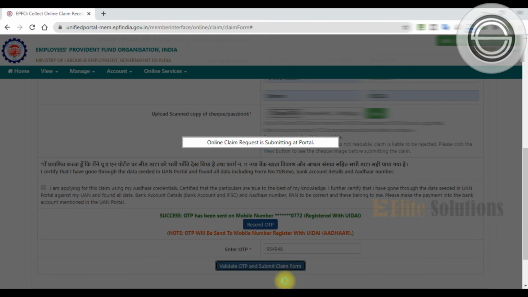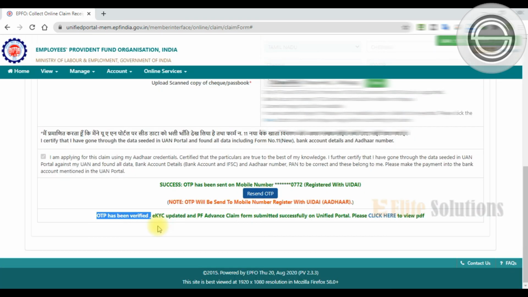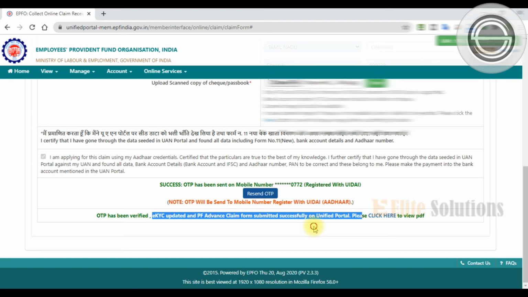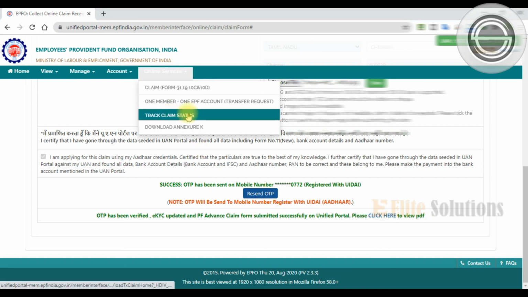The online claim request is submitting at the portal. Once we enter the OTP and submit the claim form, you'll get a notification saying OTP has been verified and KYC has been updated and PF advance claim form submitted successfully on the unified portal. So we have successfully requested the PF advance claim amount.